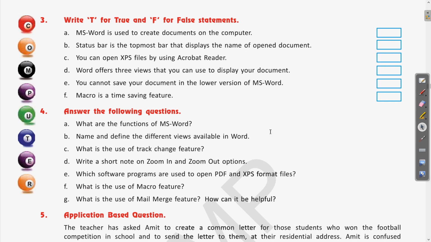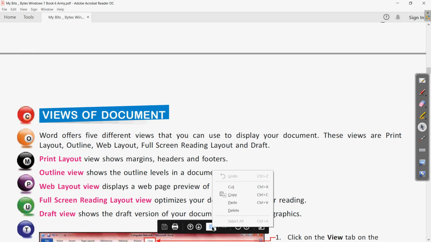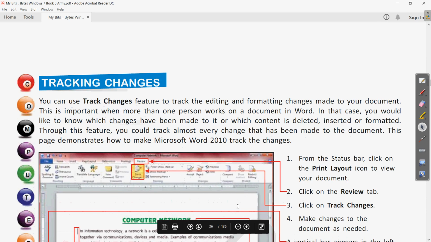Come to the textbook. Answer is on page number, let us try to find, 36. So here you can see the track change feature. Answer is in the first paragraph.